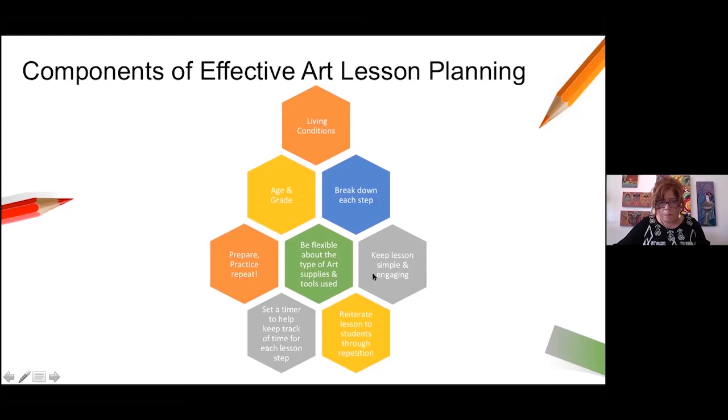Okay, keeping the lesson simple and engaging. What I do in the beginning, before class starts, is I get my little mouse and look at everybody's name. I want to make sure with the teacher that those are the children's names, because a lot of times the children are using their parents' computer.